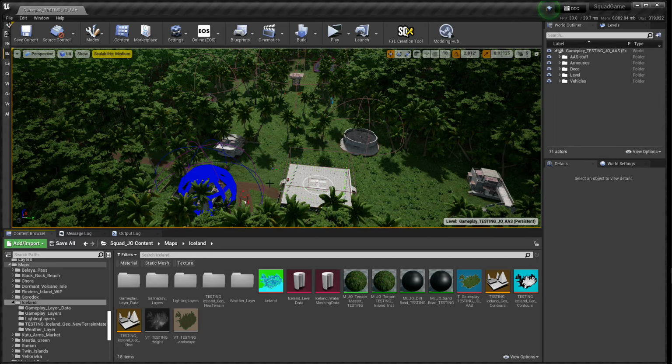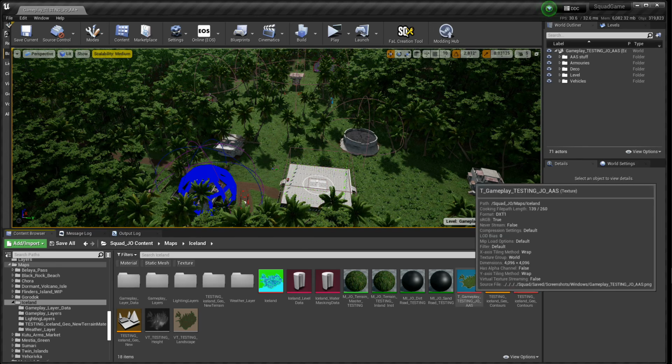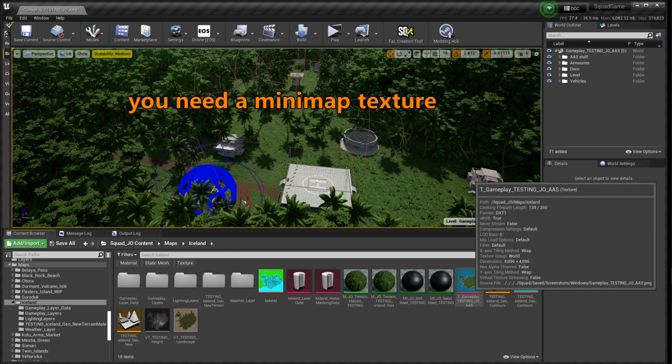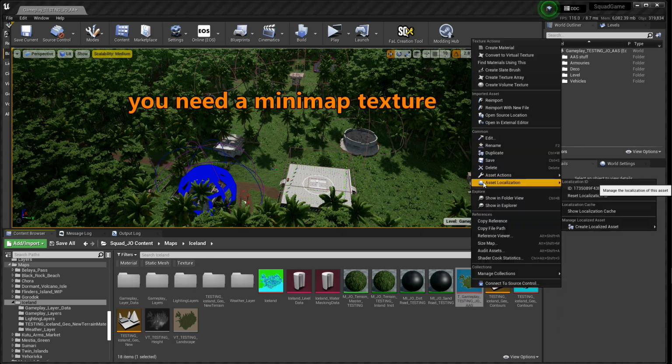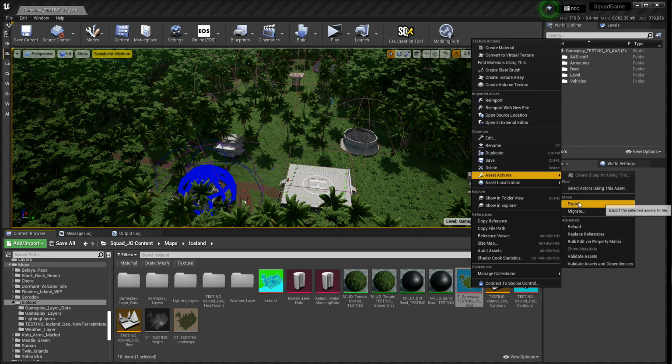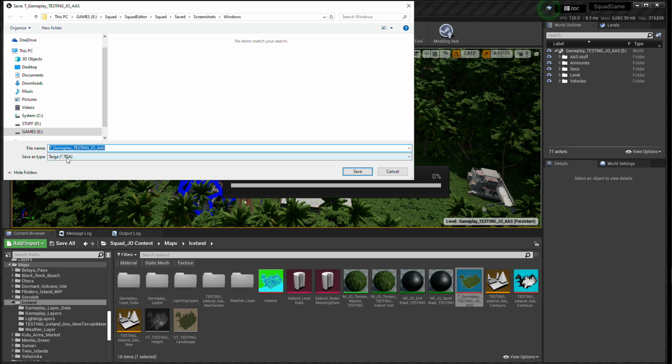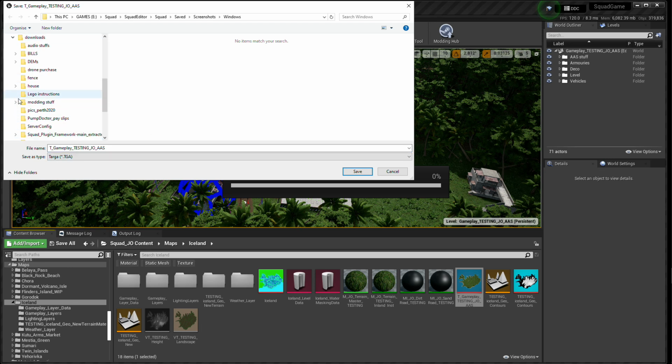Okay, so this video is going to be on making the gameplay boundary, the out of bounds boundary that if you cross over you die. We're going to need one thing to start with, particularly we need to have a minimap texture already created, and we need to go to Asset Actions and export that as a TGA, let it export as a TGA, and